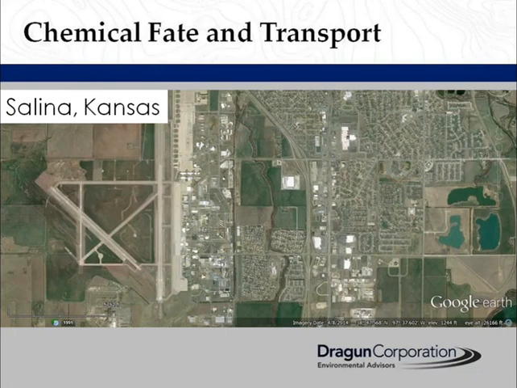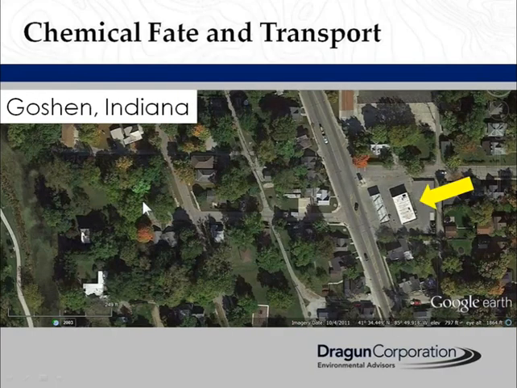It's a long-term cleanup because you have to get the chemicals out of the low permeability material. So we're working on characterizing that now, and we're going to come up with a remedial plan in 1 or 2 years. This next site is a gas station in Goshen, Indiana, and it was owned for a number of